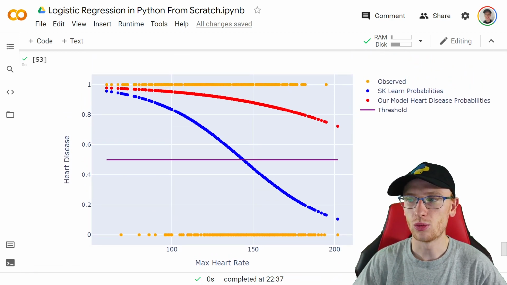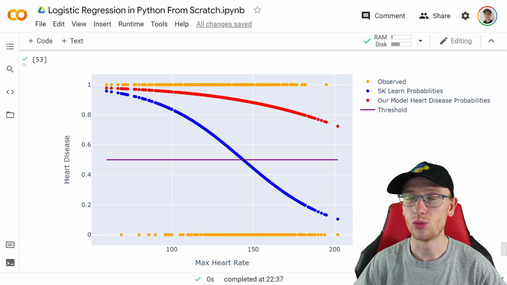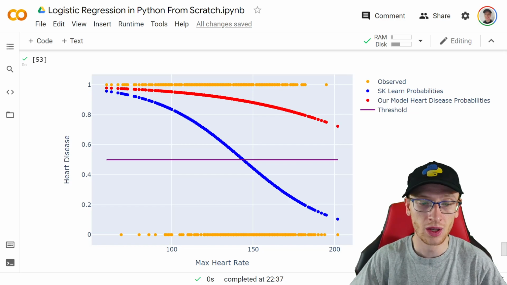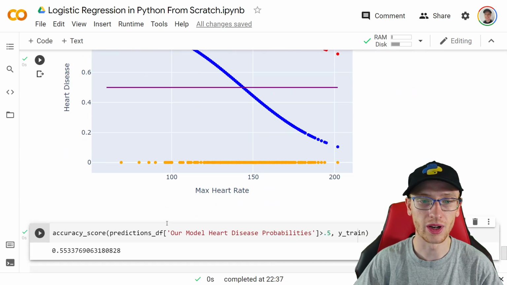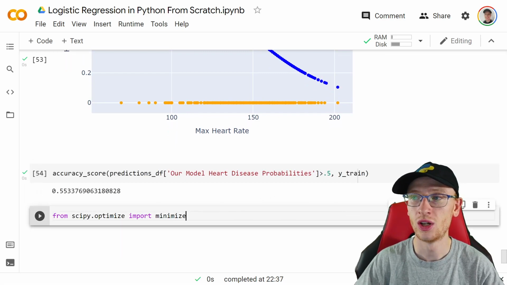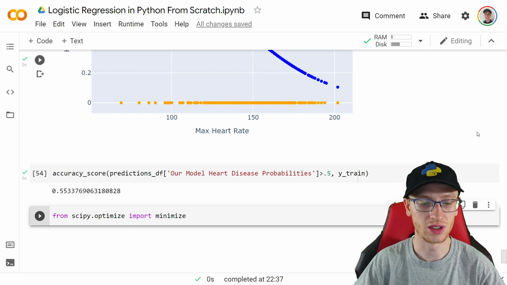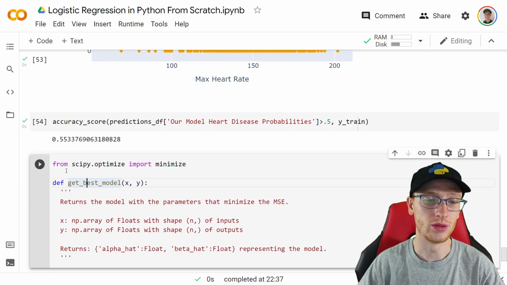Now, it's a little bit weird to try and set this up in Python, I'm going to be honest. And this is actually the first time I did this, because this is not really something you do normally. But it is a useful skill, clearly. And if you want to know how to do it, then this is how to do it. So we're going to use, from SciPy, which is one of the first times I've actually used SciPy, from scipy.optimize, we'll import this minimize function. And we're going to create this function right here, define getBestModel,